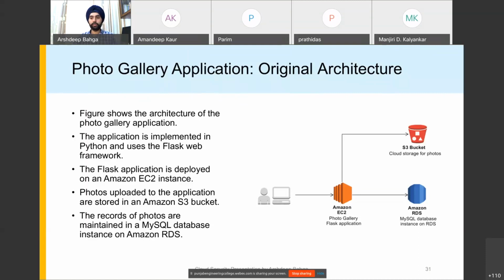S3 is the simple storage service in the Amazon cloud, and all the data related to the users is stored in a database. Either it can be a relational database like MySQL, or it can be a non-relational database like Amazon DynamoDB. So this is the typical example of a multi-tier application. We have the application tier, storage, and database tiers.